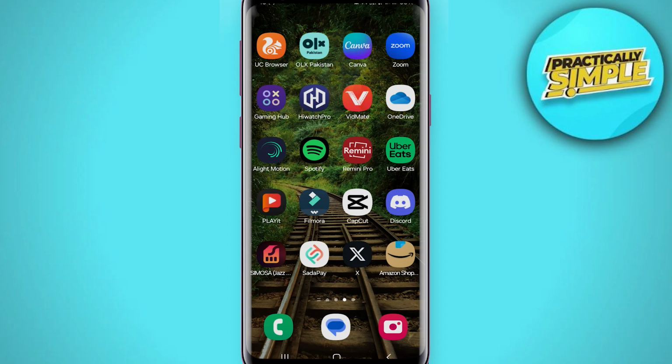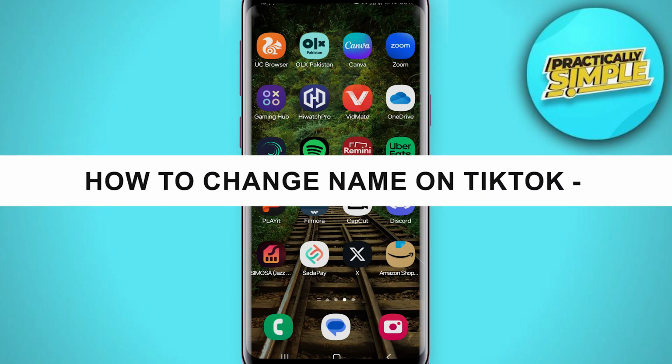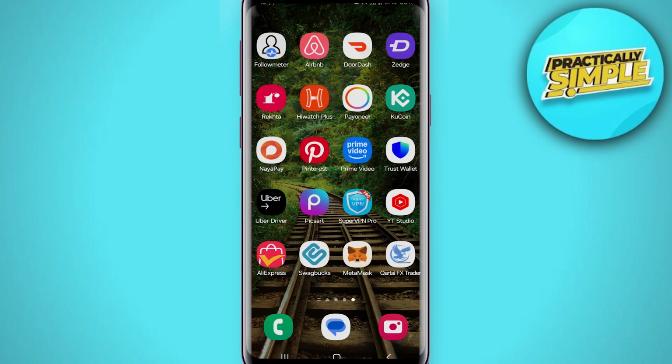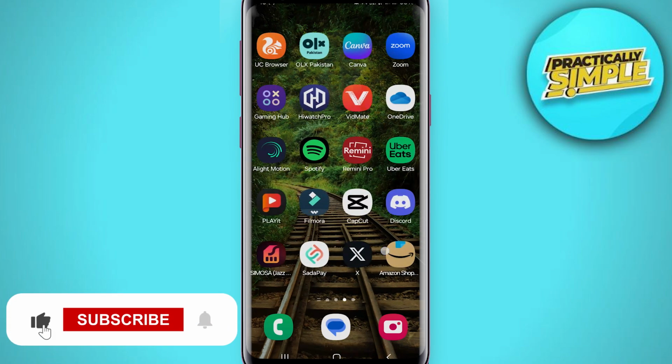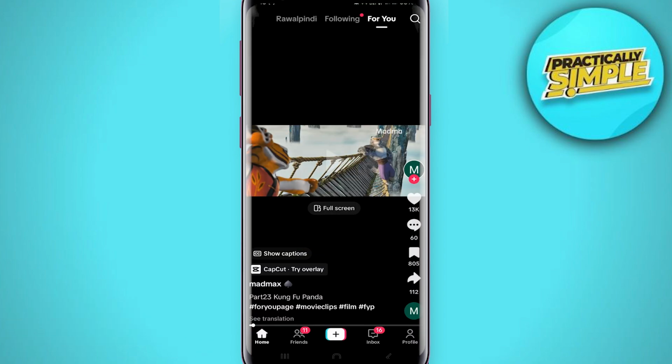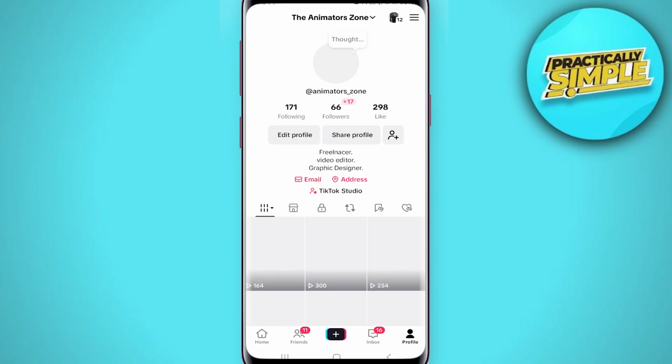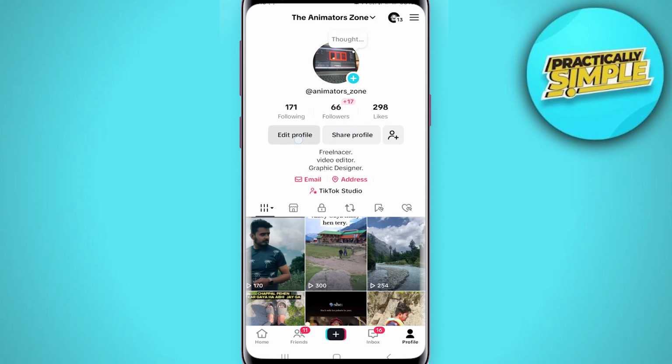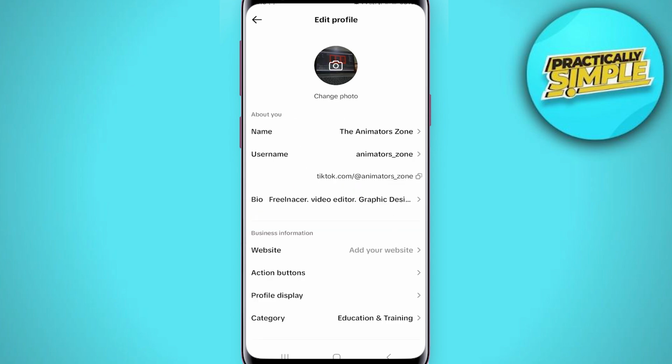In today's video, I'm going to show you how to change name on TikTok. So it's really simple and easy. First of all, of course, you have to open the TikTok application on your mobile. You have to tap on your profile picture in the bottom right corner. Once you are on your profile, simply select edit profile, and then in here you can see this